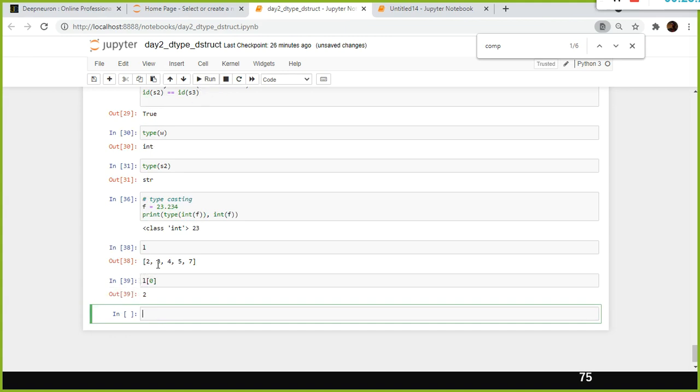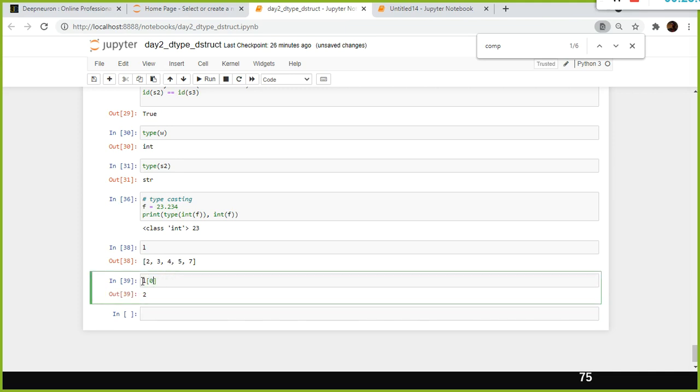L of 1 gives you the next one. The index values start from 0. If you want to access a specific value of the list, you need to use the index. Using the index values only, you can access the values of your list. L of 0 is the first index location, holding the value 2.